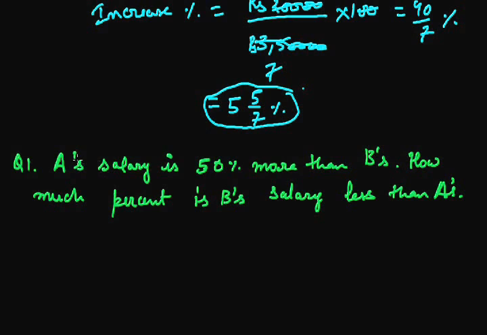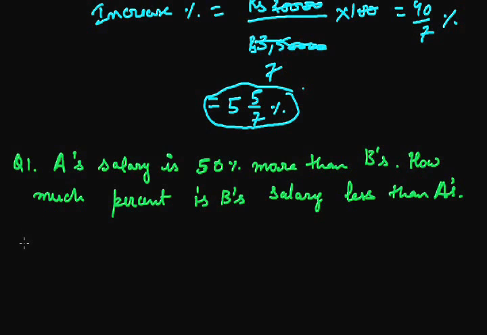That is, A की जो सैलरी है वो B की सैलरी से 50% ज़्यादा है. How much percent is B's salary less than A's salary? जो हमें वैल्यू गिवन है वो हमें गिवन है कि A की सैलरी कितनी ज़्यादा है B की सैलरी से, लेकिन हमसे पूछा है कि B की सैलरी A की सैलरी से कितनी % कम है. तो ये फाइंड करने के लिए पहले हमें B की सैलरी पता होनी चाहिए, लेकिन यहाँ पे हमें B की सैलरी तो पता ही नहीं है.